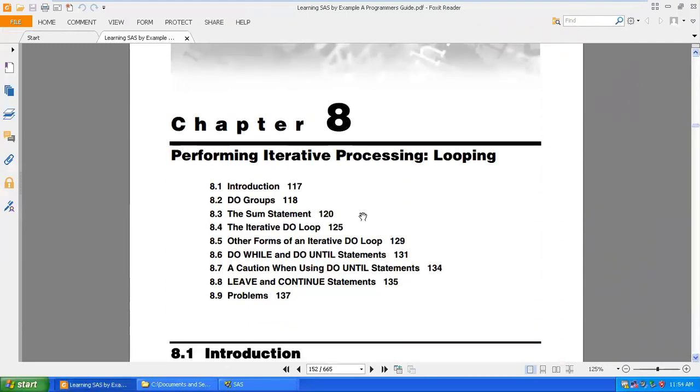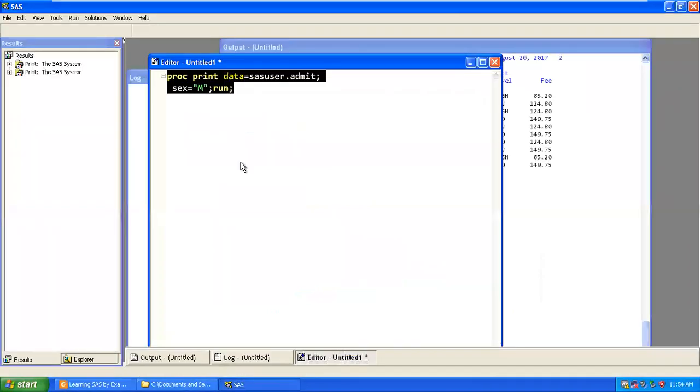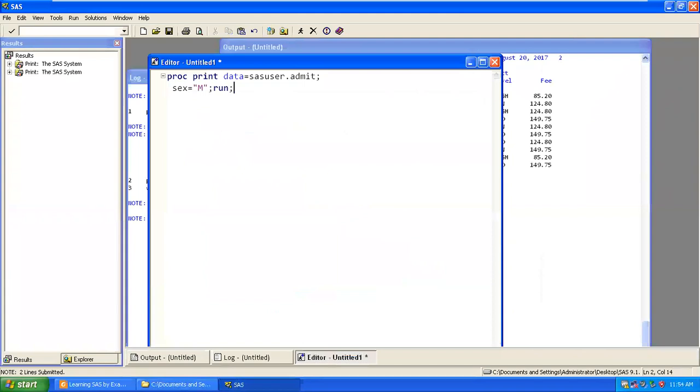Now we will talk a little about this do loop, which is very important. So why do we use a do loop? The important part is to use a do loop to process things repetitively. Let's say I use data new or total.